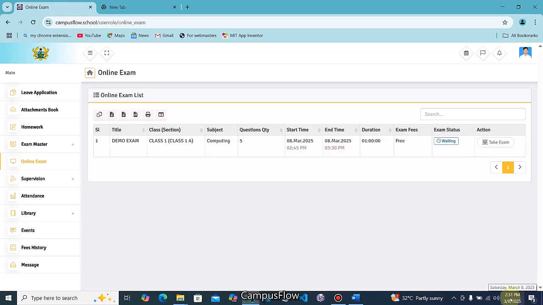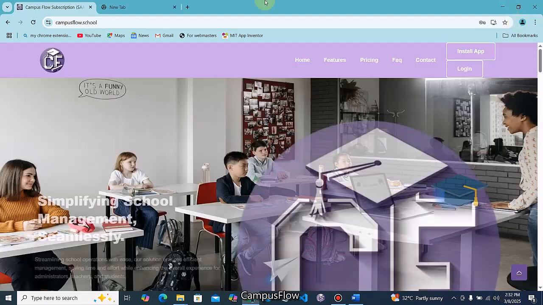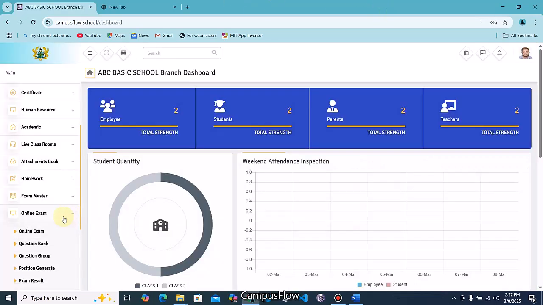Now the point is, there is no point wasting that much time here. So what is going to happen is, we can go and adjust the time of the exams. So let's log out and then quickly log in and adjust our time so that we can test it to see. So let's go to this and log out. So we go to online exams,